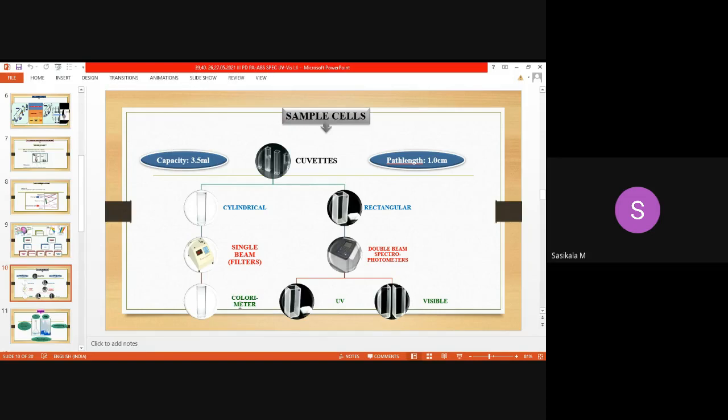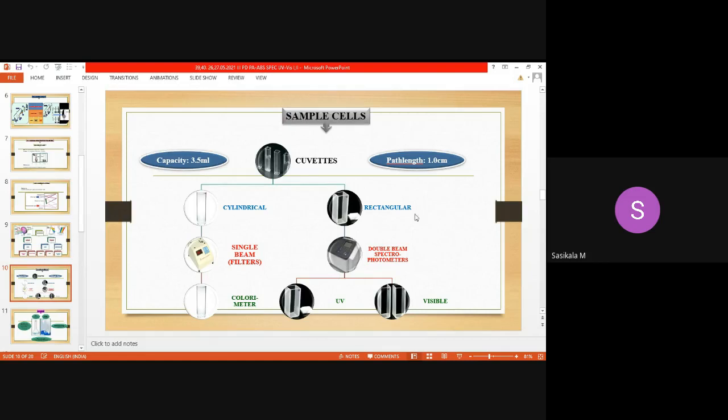Colorimetry means colored solutions are analyzed, mostly visible spectroscopy. This is different from calorimetry, which starts with the letters CAL. COLO represents color, that is UV visible spectroscopy, whereas calorimetry represents thermal analysis, a physical method. Thermogravimetric analysis and differential scanning calorimetry you will also be studying, so don't confuse the terms. Calorimetry is different: calorie depends on thermal energy, while colorimetry represents visible energy, colored radiation.